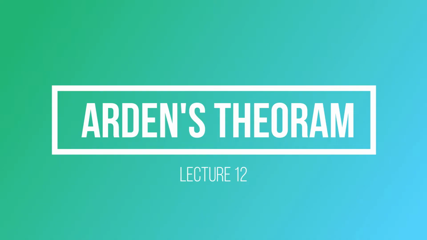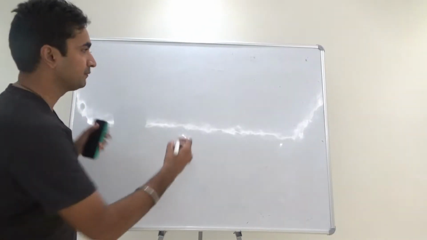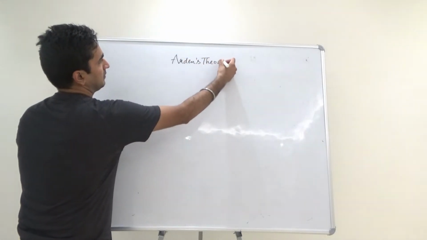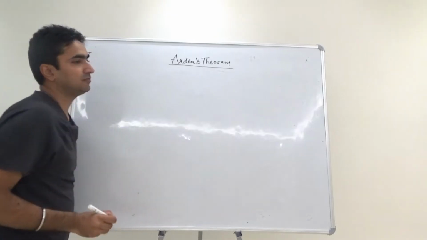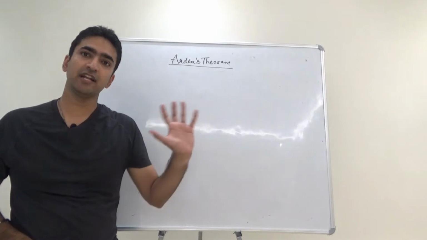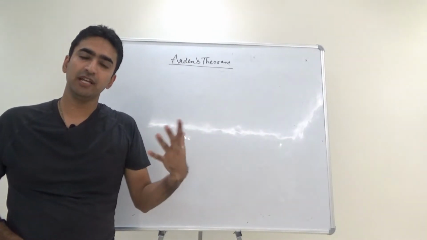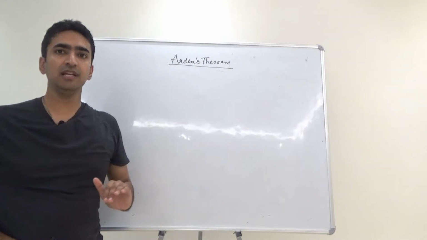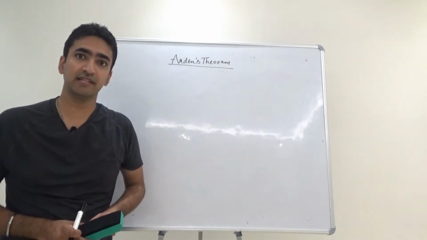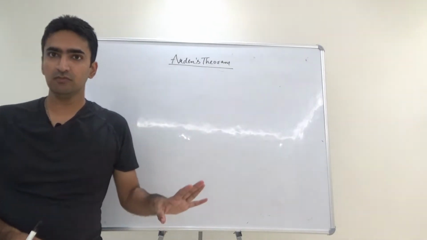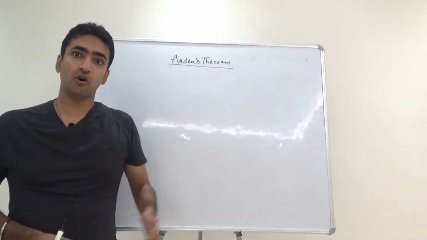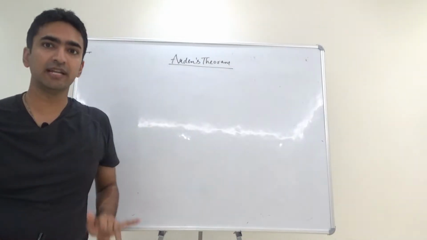In this video, we will be discussing the concept of Arden's theorem. What is Arden's theorem and what does it actually do in regular expressions? Guys, if finite automata are given and you want to derive regular expressions from them, generally they don't work properly. Why? Because sometimes some other regular expressions get accepted. So Arden's theorem is a way in which we can solve the conversion of finite automata into regular expressions.